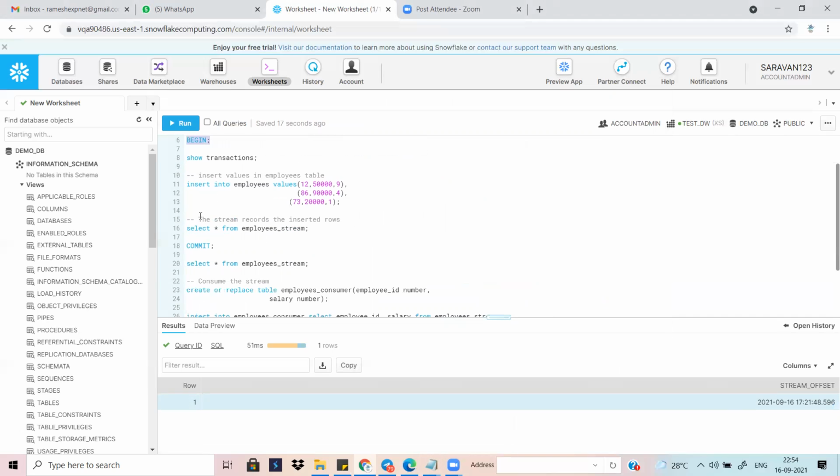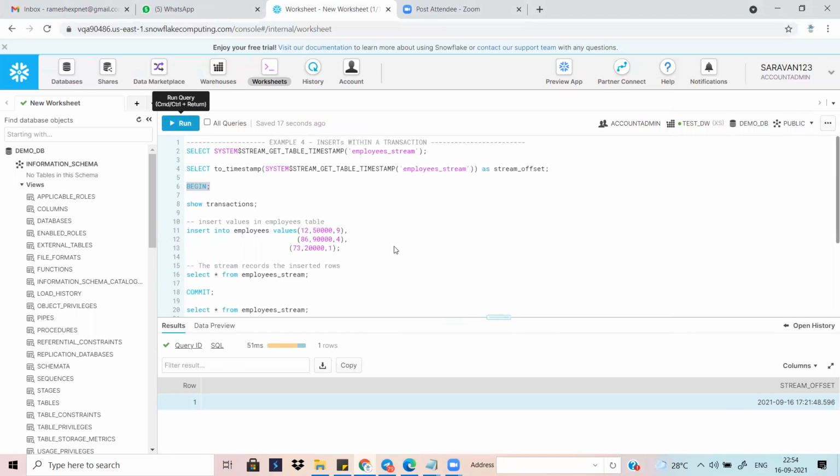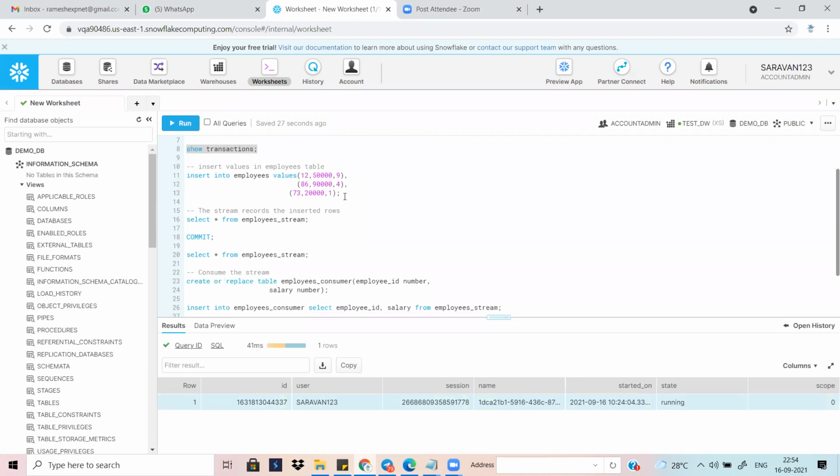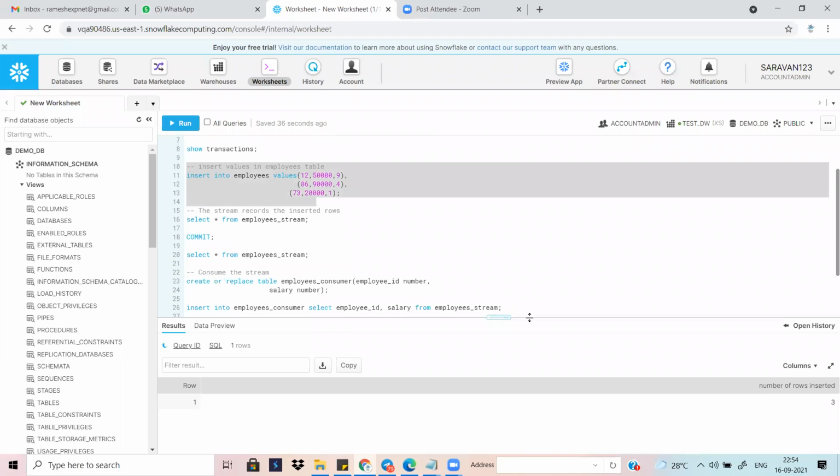You can show the transaction. Show transaction means you will be showing the transaction. Your transaction is in a running state only. Then you are going to insert the 3 records. Okay, you have inserted the 3 records.